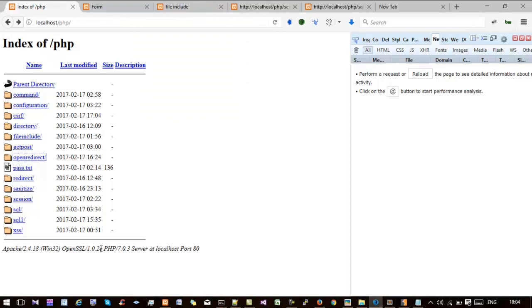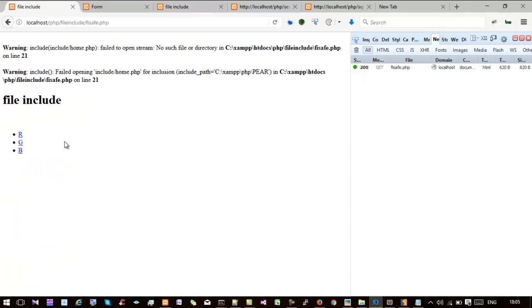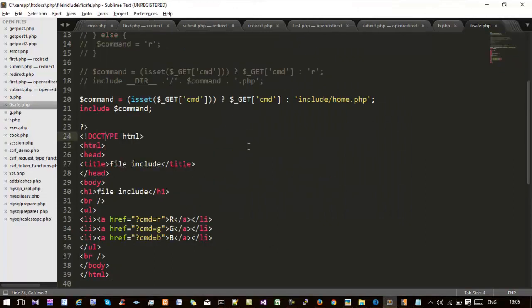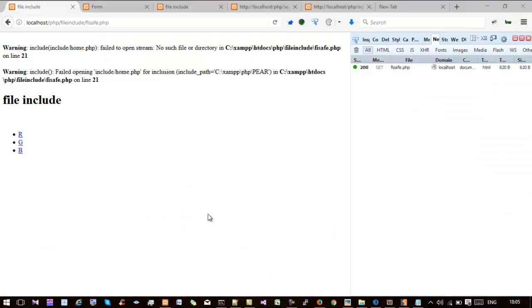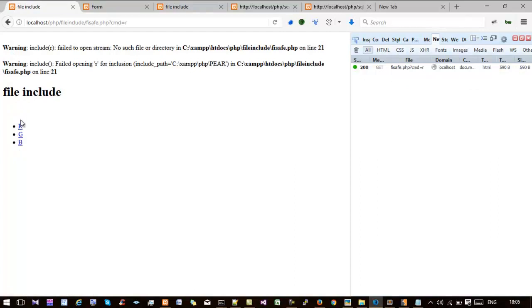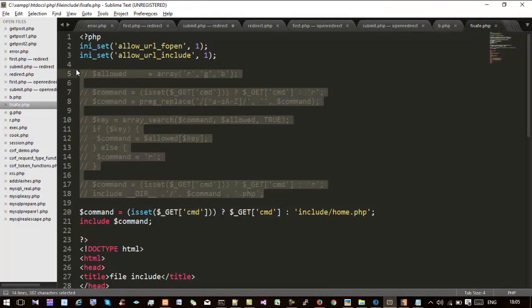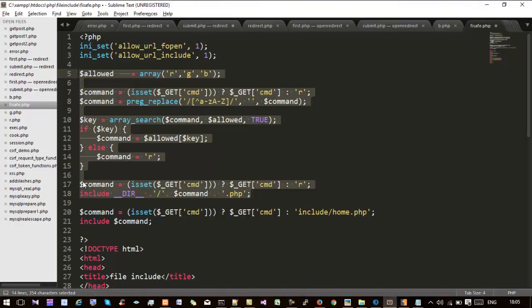Next thing we see is file include. It is like local file inclusion and remote file inclusion. So here I have one file. First I will show you the vulnerable part. Here I'm getting one parameter, cmd, in the GET request, and in that I'm getting which file I want to include. Let's consider it as a template. Let's say for instance I want to change something in this page, font size, color or something. So what I do, I just